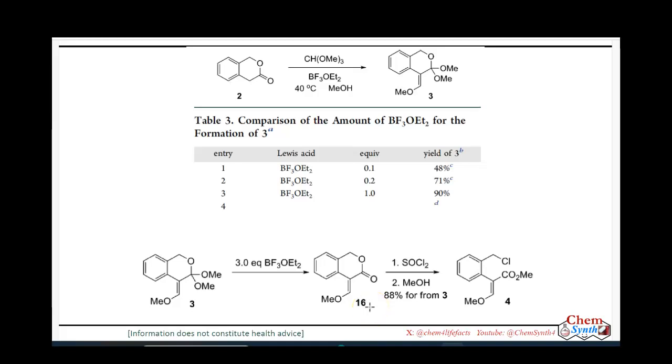Without isolating that intermediate they introduced thionyl chloride and refluxed, and after that they removed the thionyl chloride by evaporation and added methanol. So you can see here a ring opening happened, followed by the alcohol being converted into the chloride